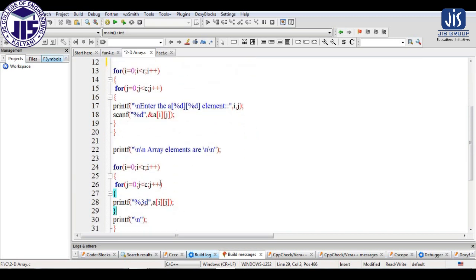Now here we are using this logic for printing the two-dimensional array. So here also the for loop remains the same, because we have to consider row as the outer for loop and column as the inner for loop, because we have already discussed that in case of a two-dimensional array we perform the operation row wise. First we insert the elements, or perform the operation on the elements, of the first row.